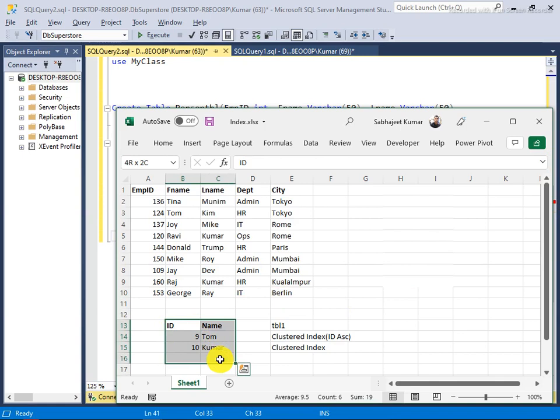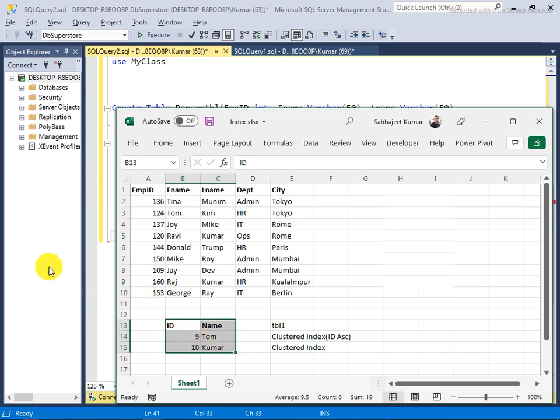Because if you try to create multiple clustered indexes, how will it manage its sequence? Like if you say alphabetical in descending way, Tom would be upside and Kumar would be downside. But if you say ascending order on the index on name, and you also say index on the ID column, it will definitely be a violation, they will conflict with each other. So that's the reason why you can make a clustered index on a single column only. A primary key itself is a clustered index.